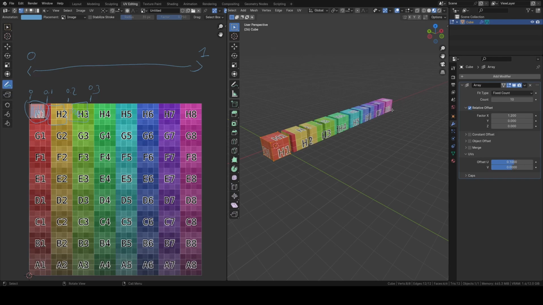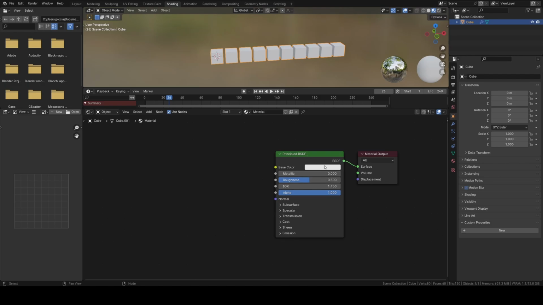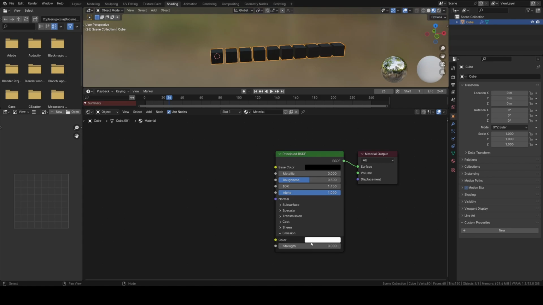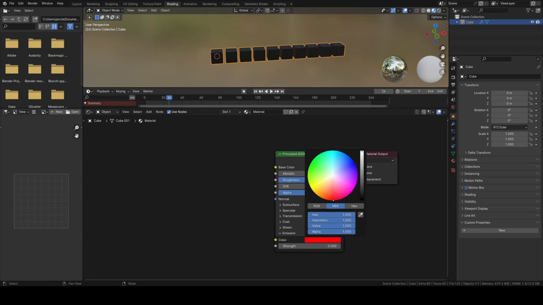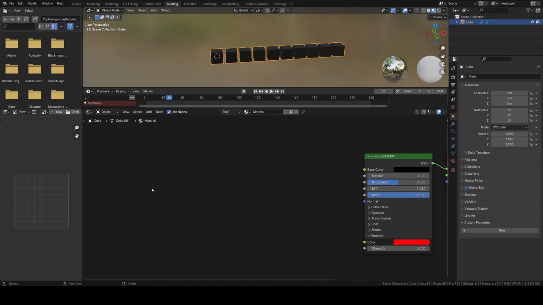Now, how can we exploit this feature to get our effect? Well, it's not difficult. We go to the shading mode. Let's delete the image texture. I will change the base color to black, and I will set an emission color to red. And what I want to do is to modify this strength attribute in order to change the emission color for each cube separately. In order to get this